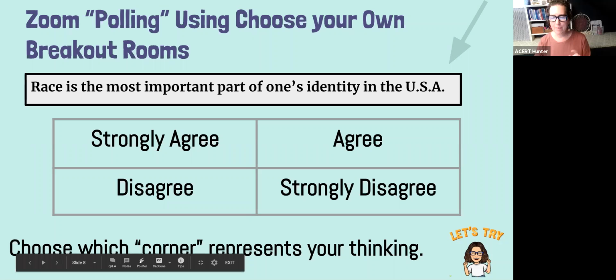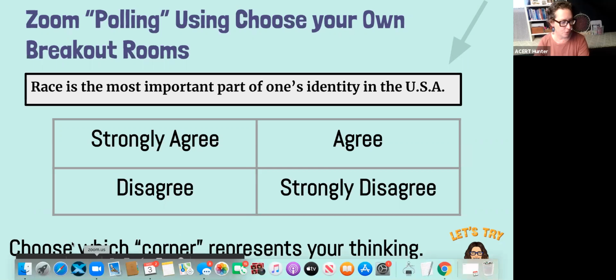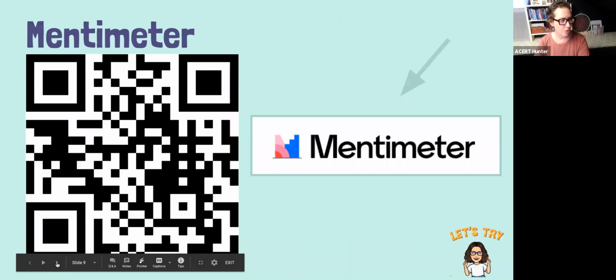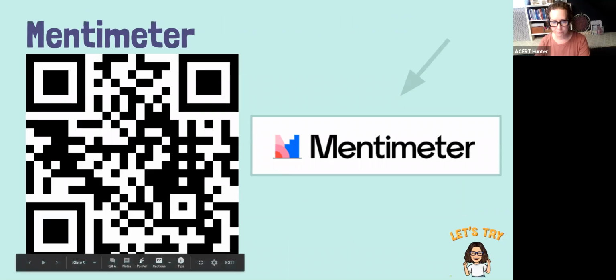Okay, so now I'm going to come out of Zoom. What is probably going to be easiest for you is either to use a phone, if you have a phone around, or get ready to click on another tab on your browser, because we're coming out of Zoom now. We're going to go to Mentimeter. So with Mentimeter,